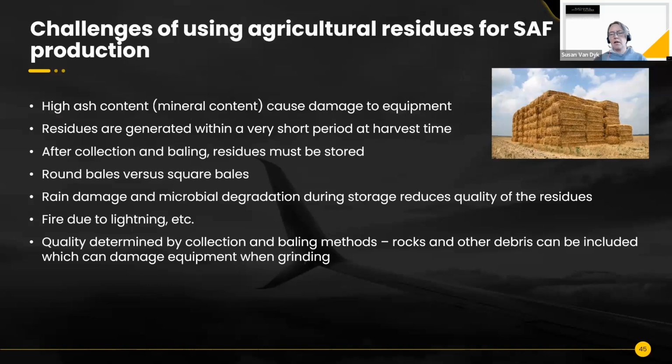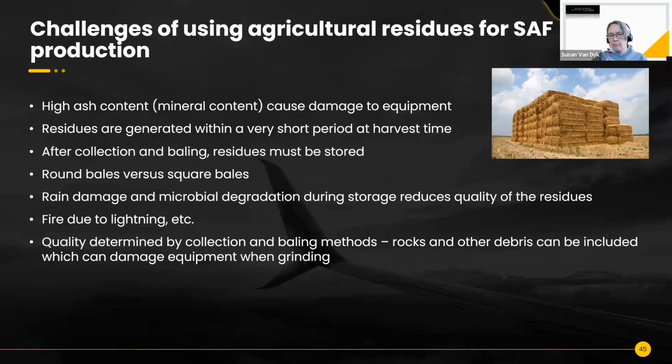And agricultural residues are in a separate category because it's more challenging than forest residues. The first thing, it's got a high ash content or mineral content. And that basically, if you make a fire, the ash stays behind. And that's basically the non-carbon. So it's all the minerals from the plant, like the phosphorus, the magnesium, the potassium, all of those things that you need in a growing organism. So that stays behind when you make a fire. So when you want to use these residues,